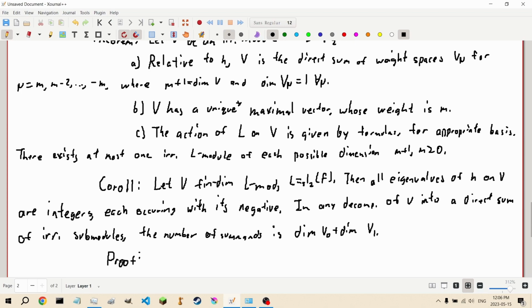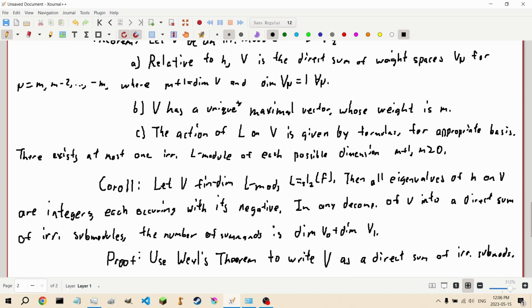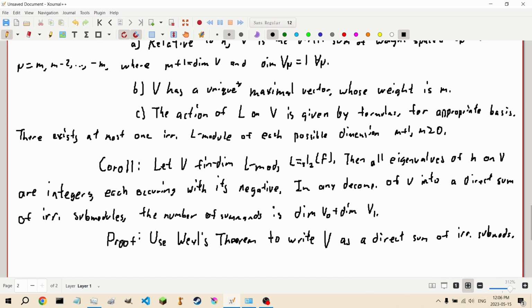Of course, if V is 0, we're done. So we're going to use Weyl's theorem to write V as a direct sum of irreducible submodules, as described by the theorem, which gives us the first part of the corollary,